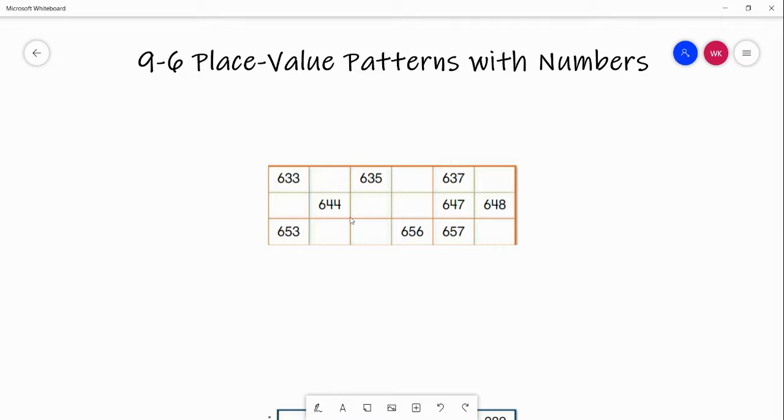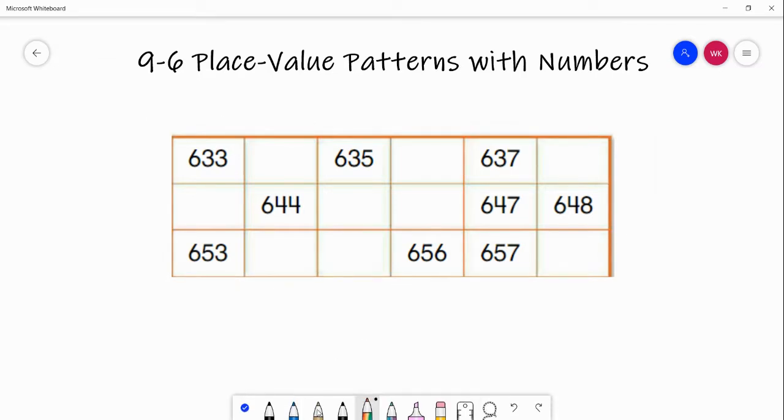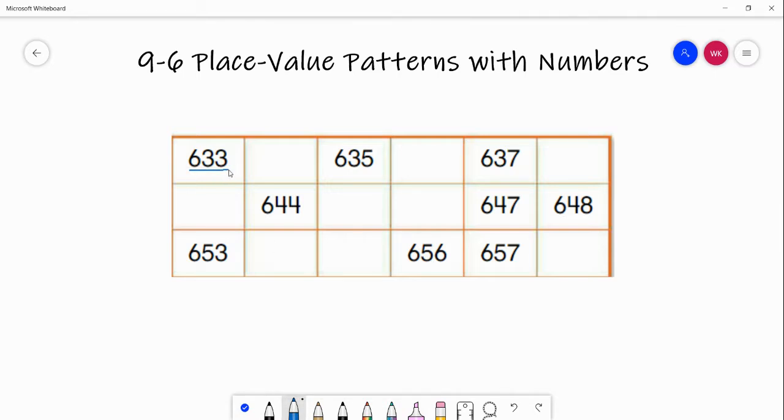So our first one, we have some missing numbers in this chart, right? We need to figure out what our missing numbers are. These are the patterns that we're going to be looking for. It says 633, so I know the next number is going to be 634, because if you just count by ones, 633, 634. And if it's too difficult for you to say the 6, just cross that out in the beginning and say, okay, 33, 34, 35. If that's too hard, you can easily cross out the hundreds if you're still getting to that point. So we have 633, 634, 635, and our next number is going to be